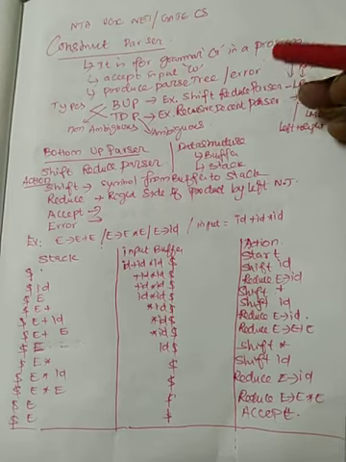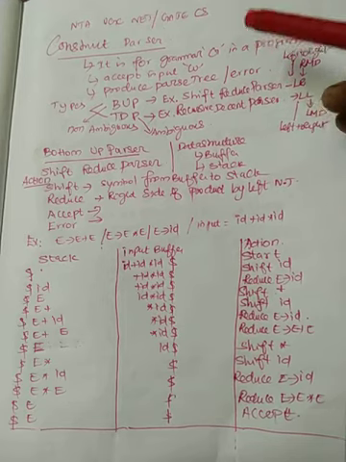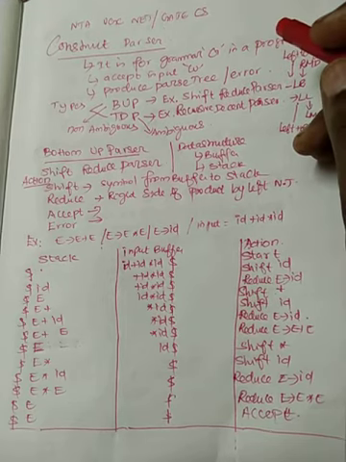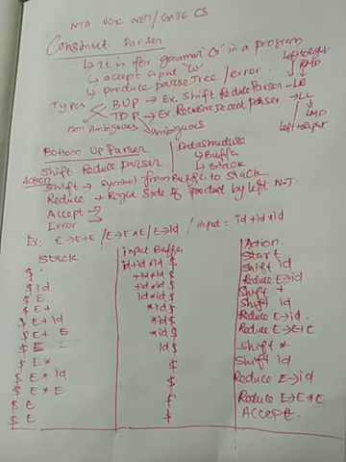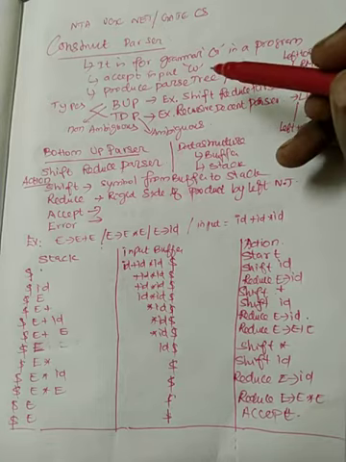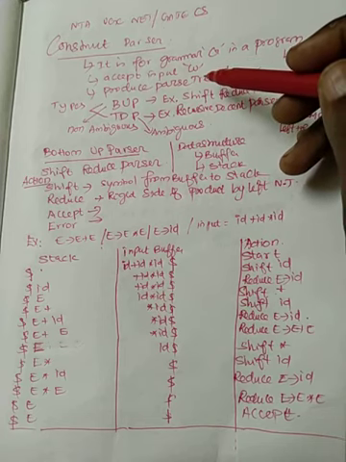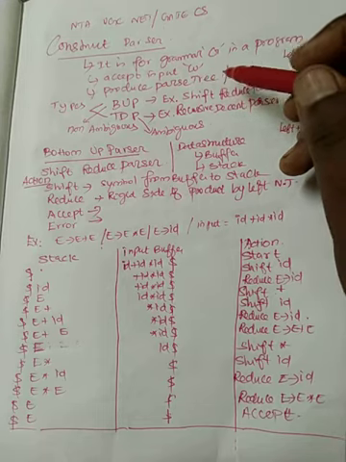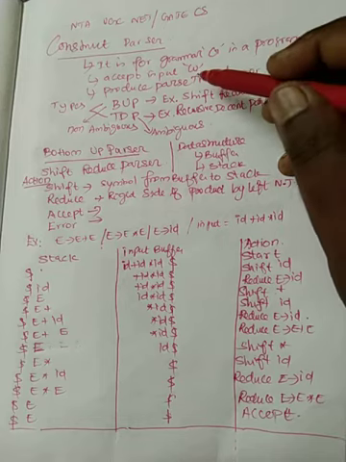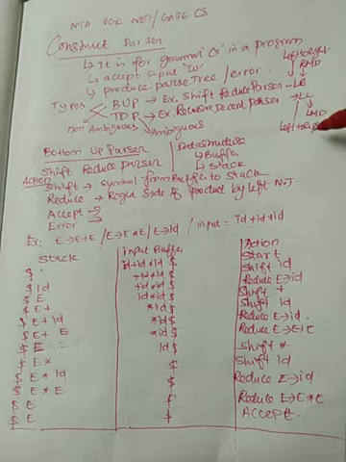In today's topic, I'll be discussing how to construct a parser. Before that, I want to explain what a parser is and why it is needed. To generate a parse tree for a given grammar, we need a parser. It takes a grammar, say a context free grammar, and accepts input. If it accepts, it will produce a parse tree. If you provide a wrong input, it will generate an error. Okay, so that is the concept behind it.